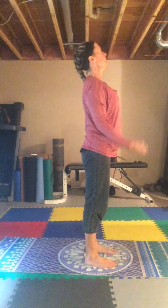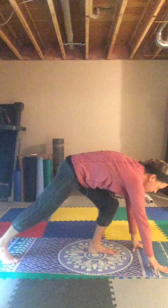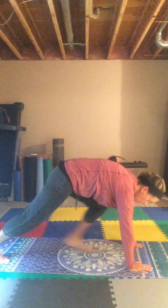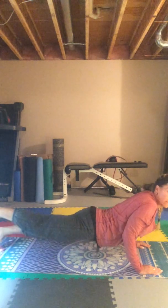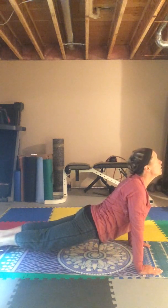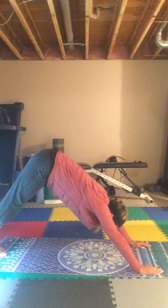Good. Moving into our sun salutation. Nice deep inhalation, forward fold. We're going to step back with our right foot, lift our chest off of our left thigh in crescent lunge, placing our hands by our left foot, stepping back with our left foot into downward facing dog, shifting our weight into plank, lowering into crocodile, tops of our feet down on the mat, thighs off the mat, lifting our arms up, looking up straight, upward facing dog, folding our toes underneath, pushing our hips back up to the sky,